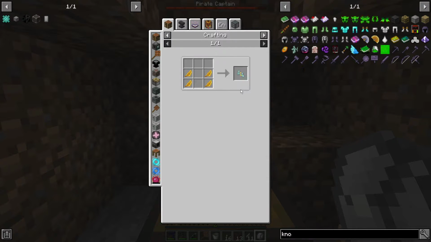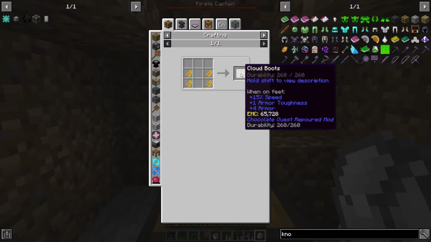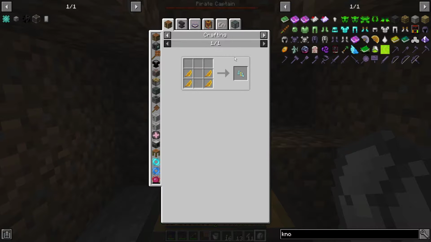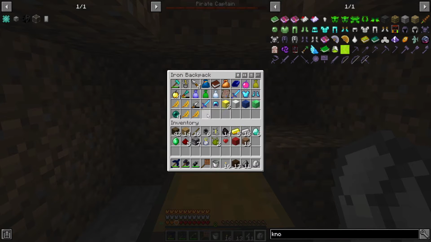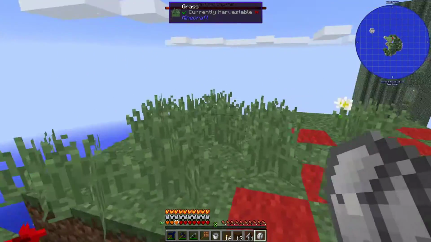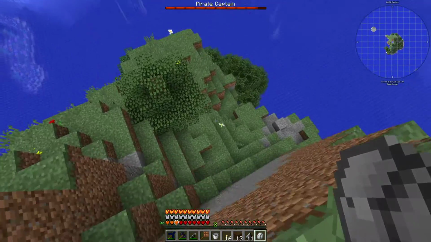If you were curious, the golden feathers can be used for cloud boots, which is pretty cool. I think we've read over those before, but yeah, and we have plenty of them. We have enough to make those if we did really want to. So with that being said, we've pretty much gone through